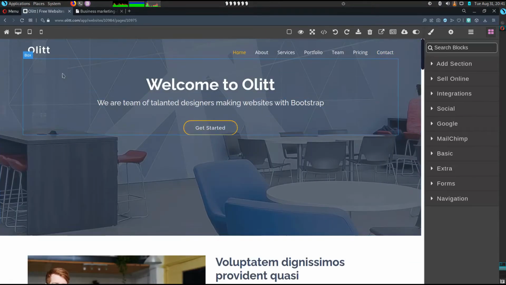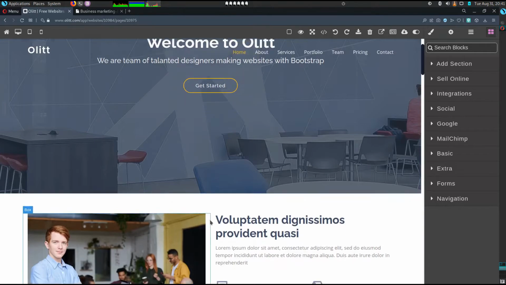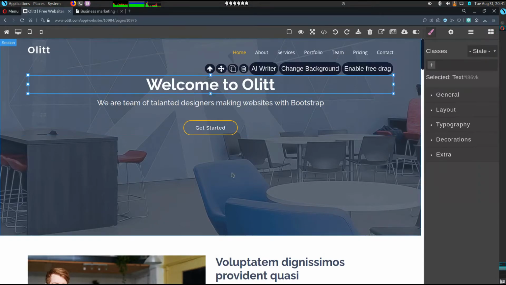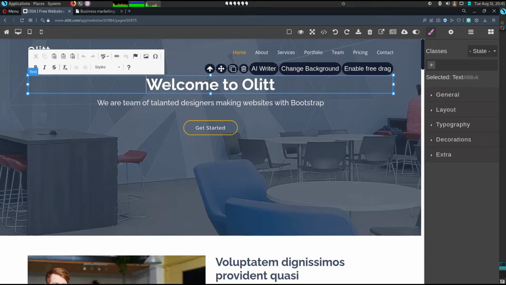So let me show you how to edit some of the elements of this website. We'll start off by changing this text. So I'll click on text, and as you can see, when you highlight it, you can decide to put it in bold, you can paste, paste as plain text, cut, and also we have paste from Word. You can decide to add links,